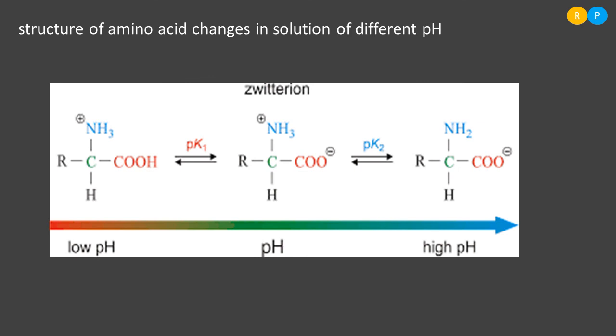Understood? So this is what the structural changes can be seen in the amino acid when we change the pH of the solution. So you have to understand this concept because this is very, very important thing. So you have to practice the equation here. So equation is reversible. So we can change the nature of amino acid by changing the pH of the solution. That means from acidic form we can convert into basic, from basic we can convert into acidic form by changing the pH of solution. Understood? Yes.